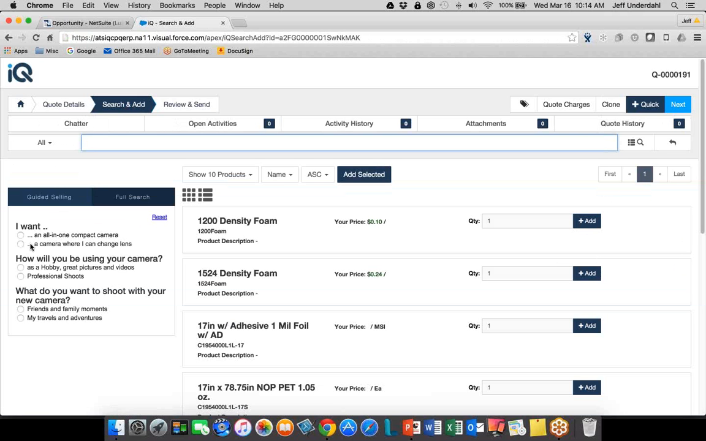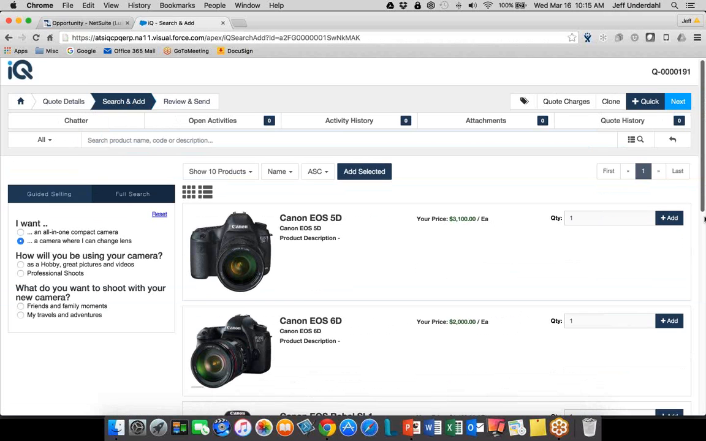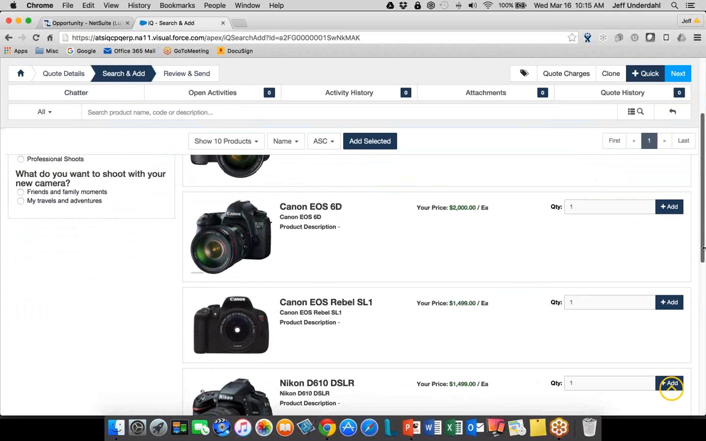So as you come in here, let's say in this example we were a camera distributor, and if I was looking for a camera where I could change lenses or an all-in-one, those might be my first two options. So if I said, show me everything where I can change lenses, I'm going to get all of my SLRs that come into focus for me to be able to pick one of those. And that may be as far as I go, and I can simply add that to my quote and move